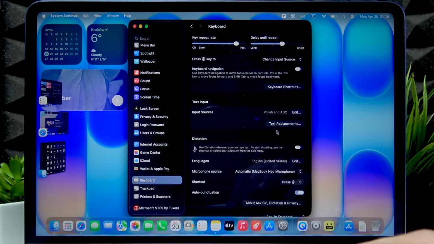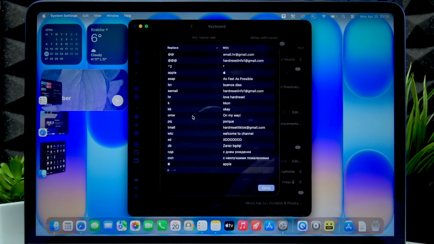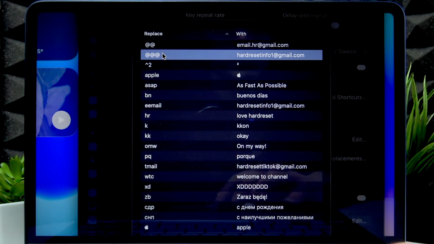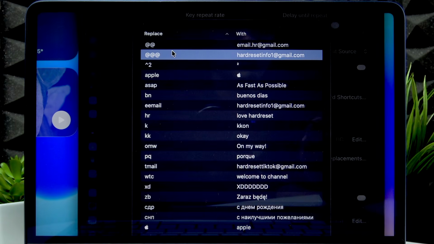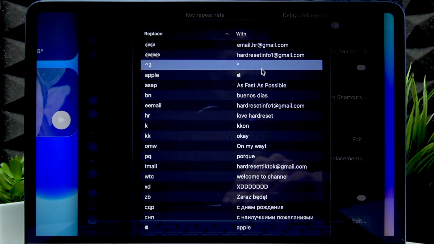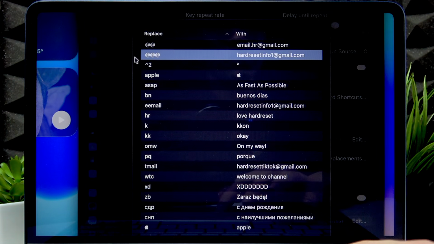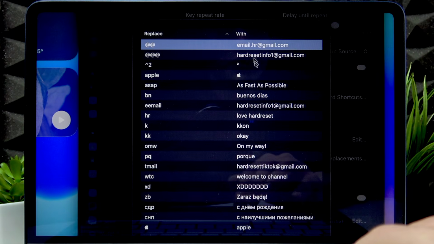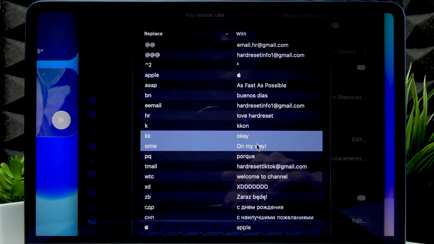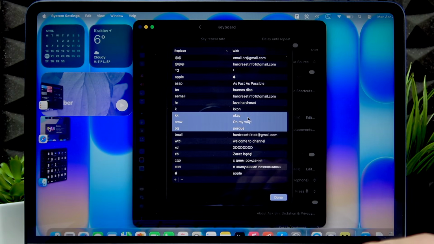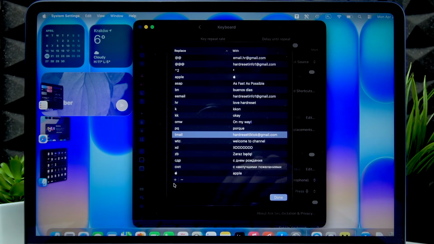And now, speaking of text shortcuts or text replacements, they are pretty much just some shortcuts that you can add that will basically provide some data for you. So for example, as you can see, we have Apple replaced by an Apple logo. We have 3 ads for entering our email. We have 2 ads for entering a second email. We also have some additional shortcuts for some other stuff, and if you want to add a new shortcut, you